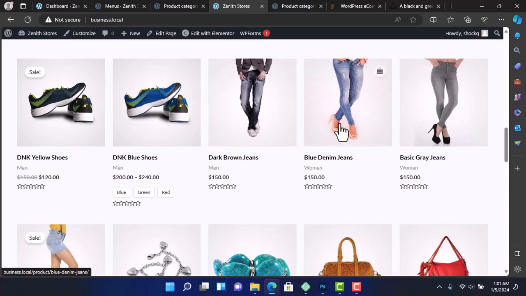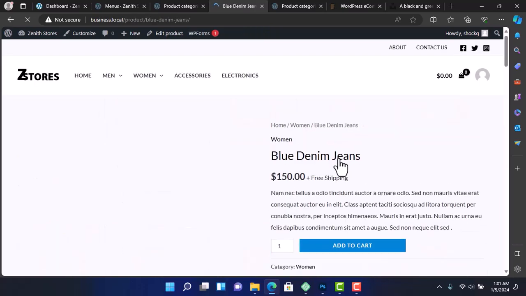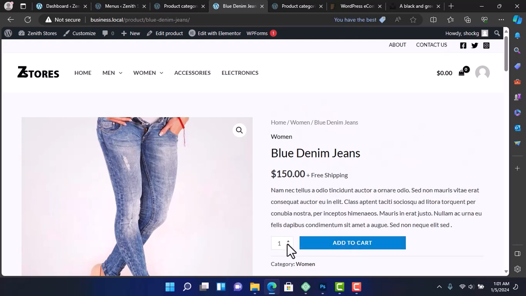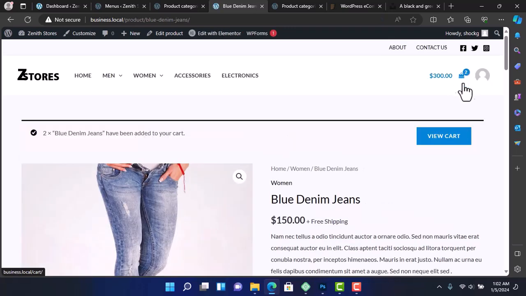Let's say I love this product, I can click on it and we can add to cart. So we just have one item, or I can increase this and add 2 to cart. If I add that to cart, you can see that it has been added to cart. So we have 2 items added to cart, which is $150 times 2, which is going to give us $300. So we can view our cart, or we can simply click here. So if I view cart,